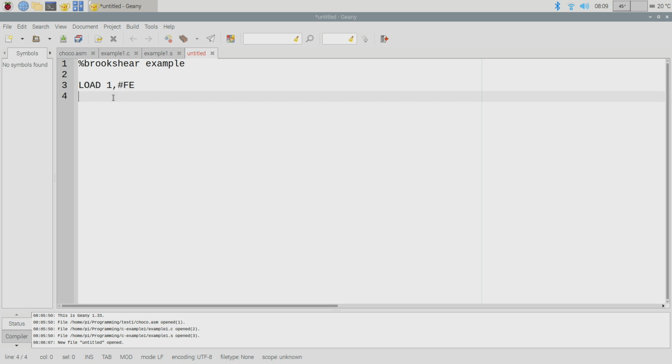So if I had that and that, these two load operations are going to be doing different things. The first one is going to load register one with the actual numerical value FE. The second one is going to load it with whatever is in memory cell FE. Okay, good.